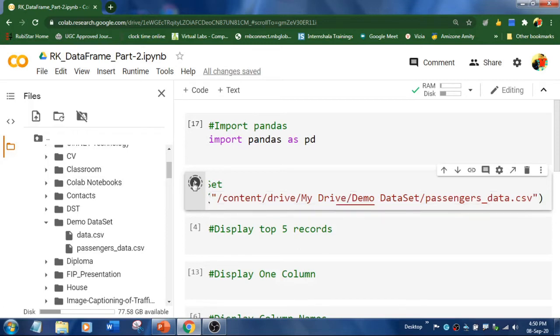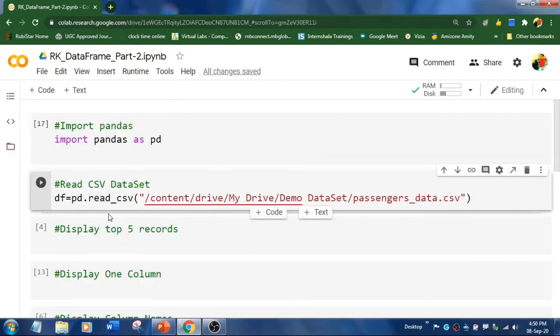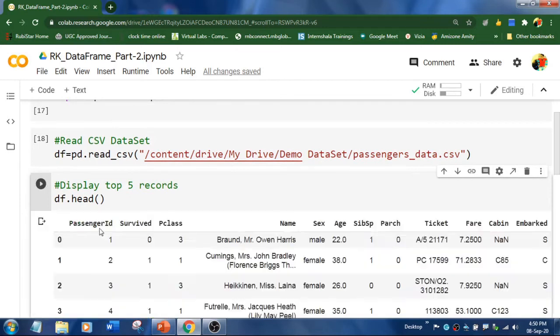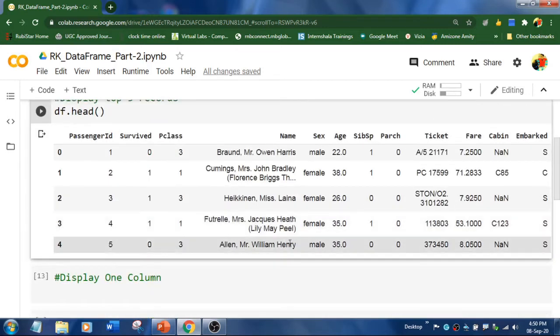Alright, run. Okay, so now this is fine, and to check I'm going to display few records, df dot head, which automatically displays top 5 records. We have already seen that in part 1. Yes, so these are all our records,